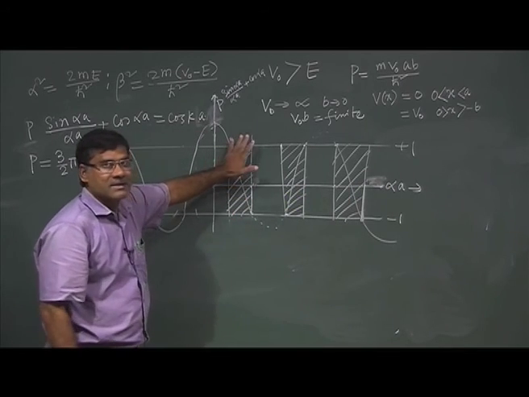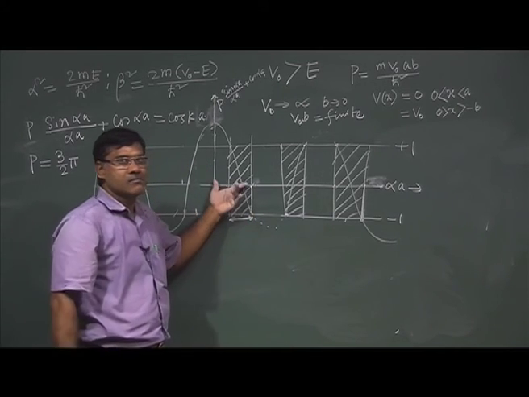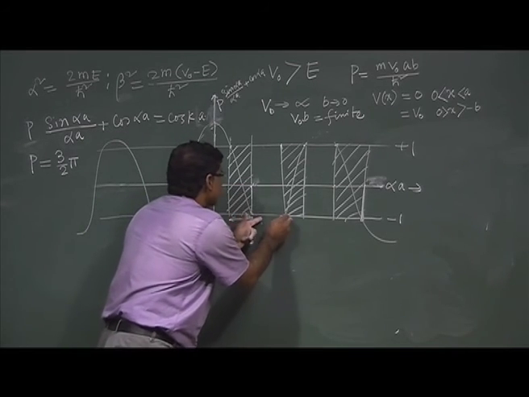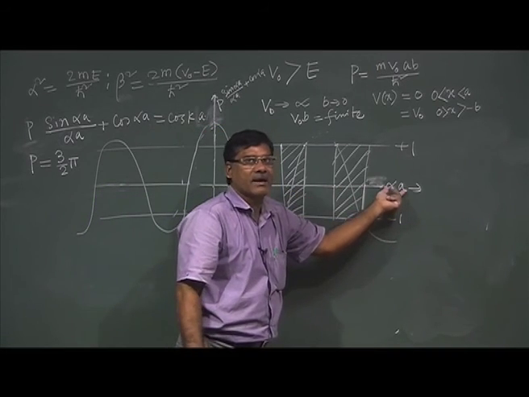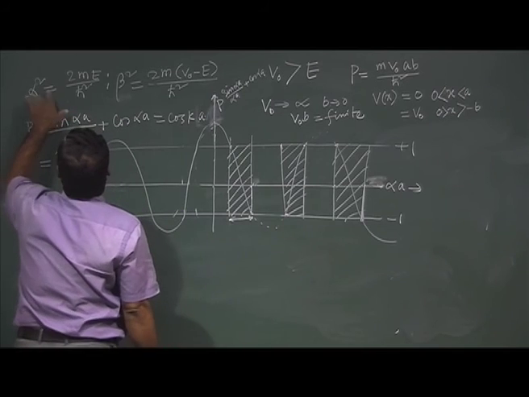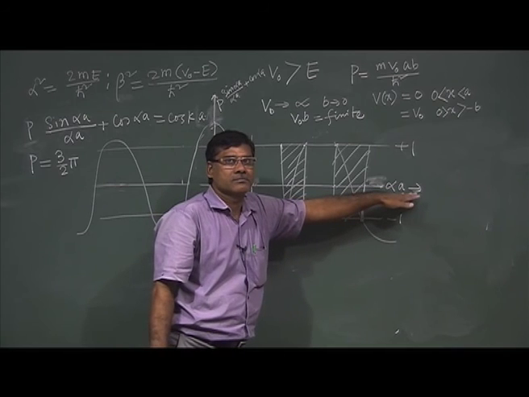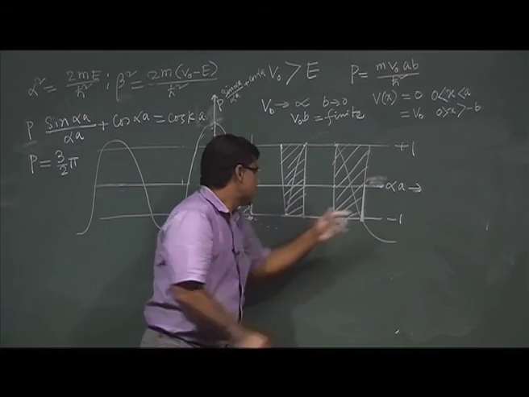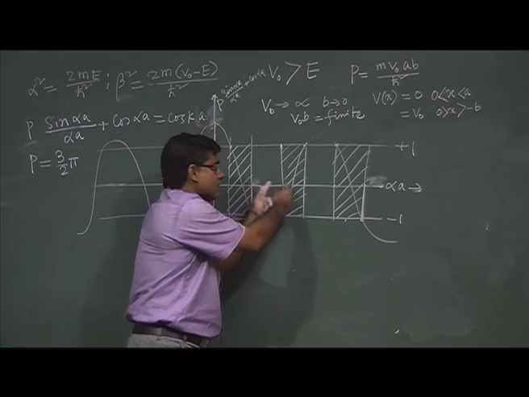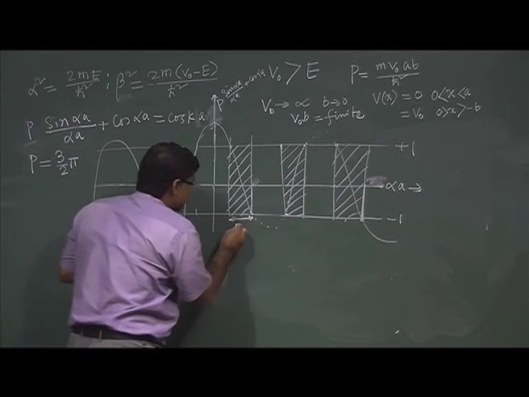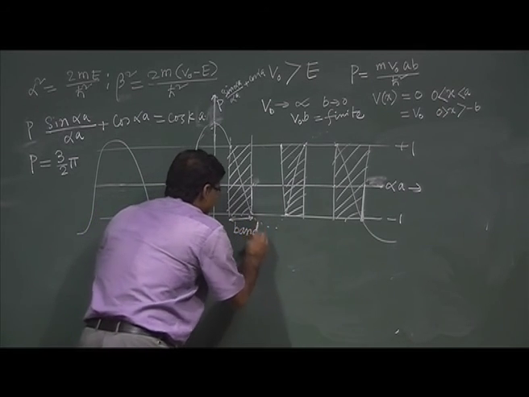So, what we are seeing here is this allowed region and this is the forbidden region. So, within this, what is this alpha a, what is alpha? Alpha is basically here, you see, an energy scale, right. So, these energies are allowed, these energies are not allowed, this energy is allowed. So, this is called a band.